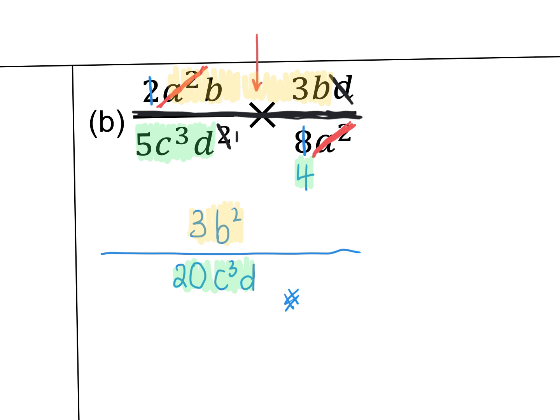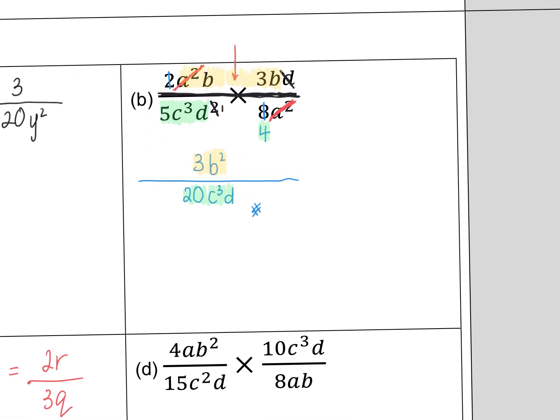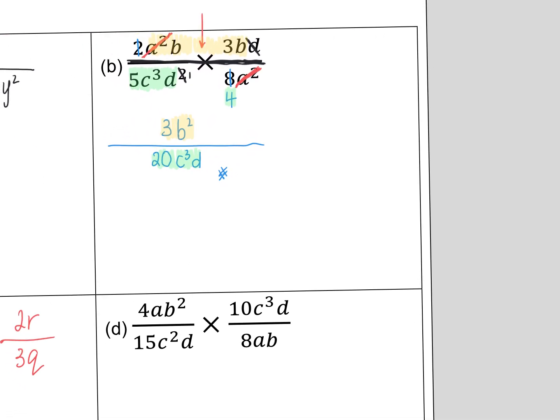Okay, just that you need to be very careful. When you cancel, maybe you want to be as neat as you can so that you can read your own cancellation. If you are untidy, then you cannot read your own stuff. Okay, next one. If we look and combine, since it's multiply, then now all the numerator and the denominator,